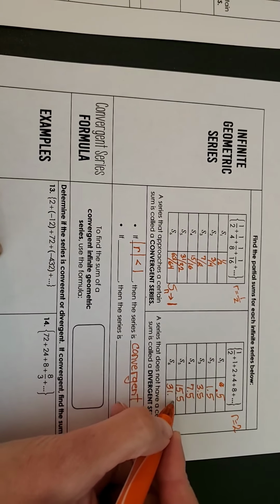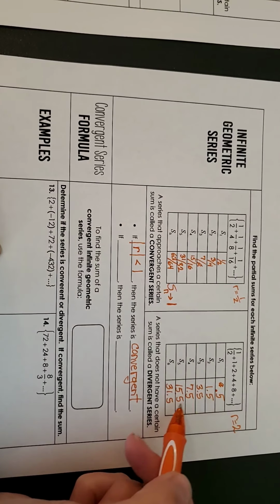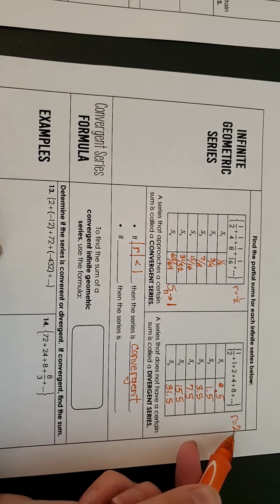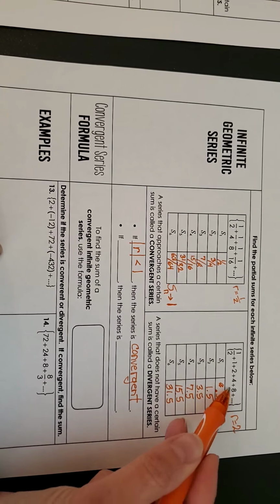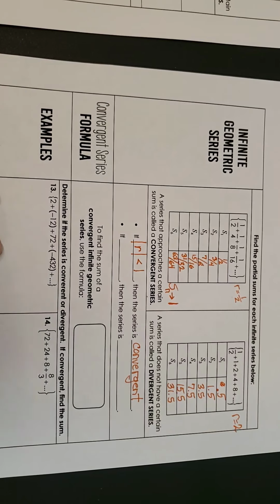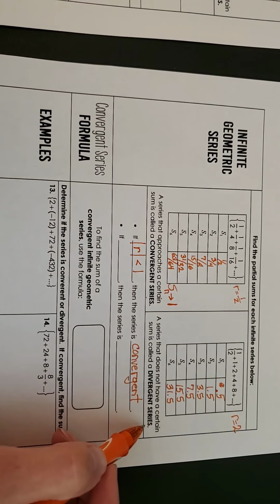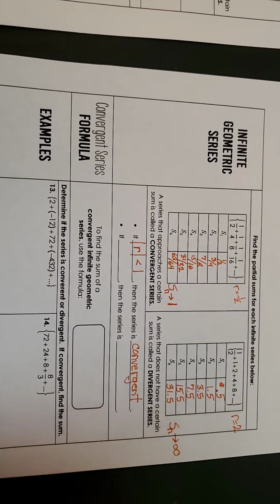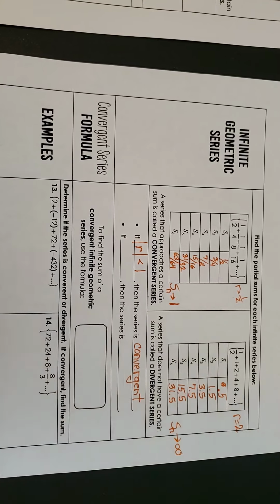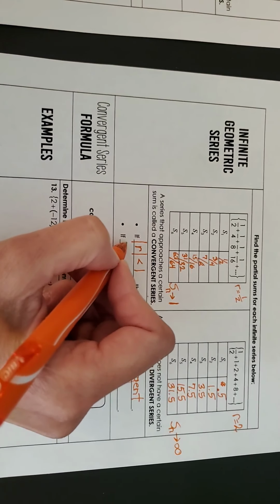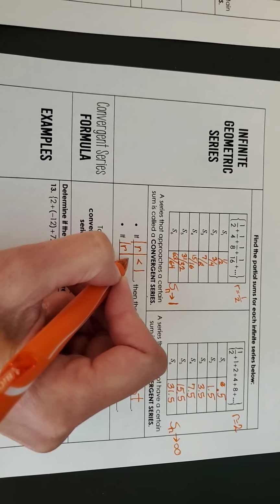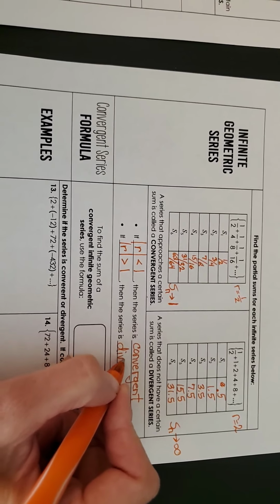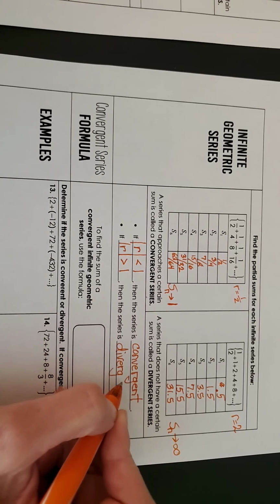We get 31.5. These sums are getting larger and larger and larger because the ratio is larger than 1. Those numbers are getting larger. And so we have what we call a divergent series. The sum approaches infinity. Or it could be negative infinity if our ratio was negative. So if the absolute value of r, the ratio, is greater than 1, this series diverges, or we say it's